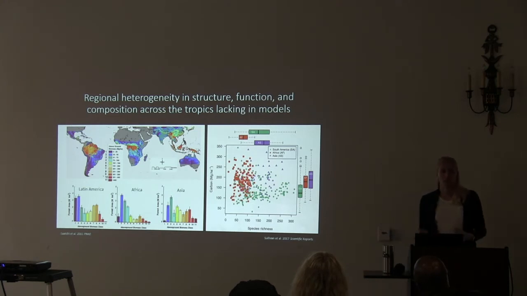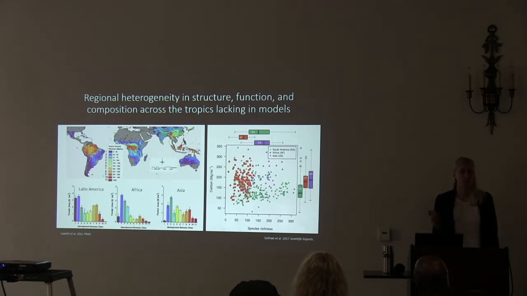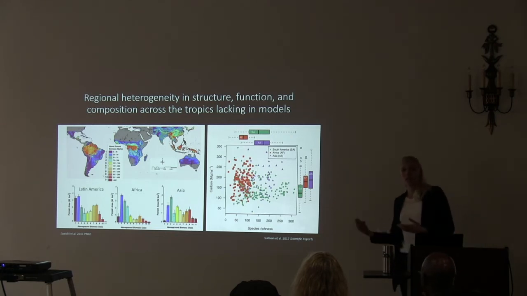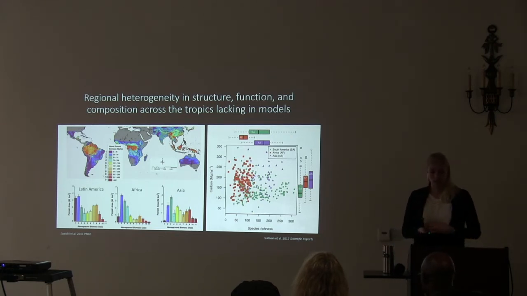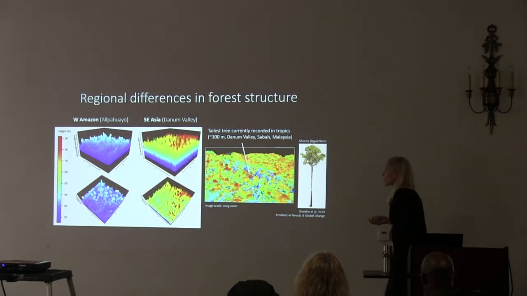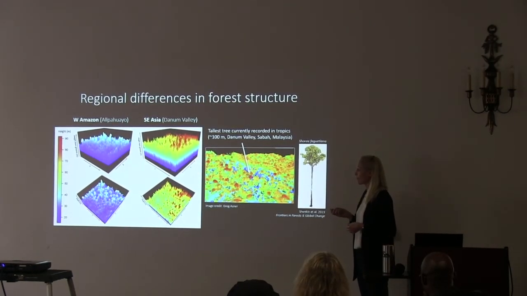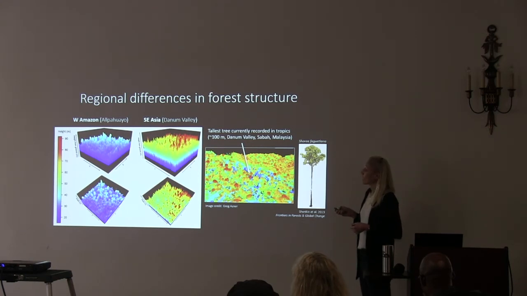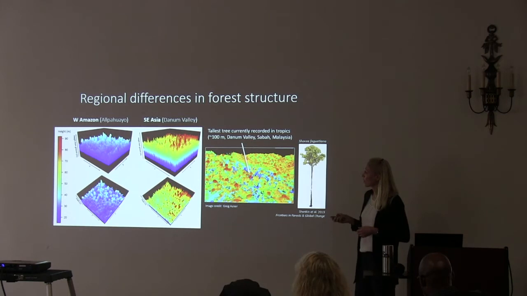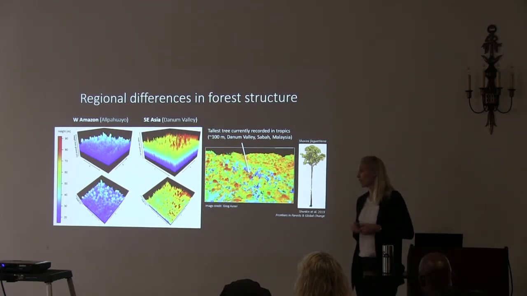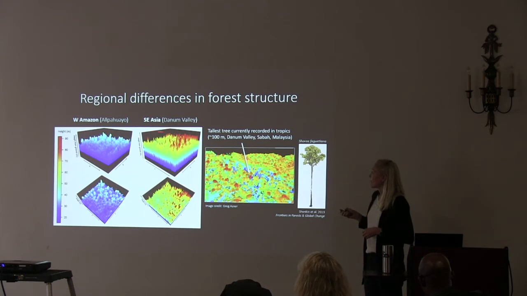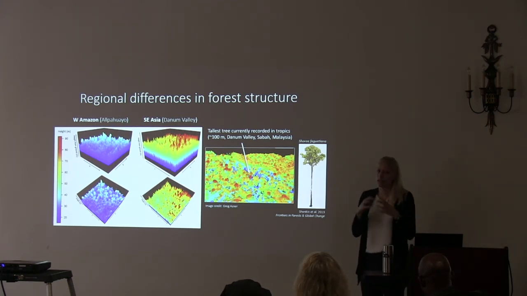And a lot of this comes from very unique heterogeneity that's still being explored in terms of the environmental, edaphic, and climate underpinnings to this variation. Just an interesting example of some of the structural differences. This is from our LiDAR data showing you a site called El Pahuayo in the western Amazon in Peru relative to a site in Danum Valley in Malaysia. And these are plotted on the same height scale. So you can see that the forest in Peru in the western Amazon tops out at about 40 meters. And in Danum Valley the trees easily get up to about 90 meters tall.